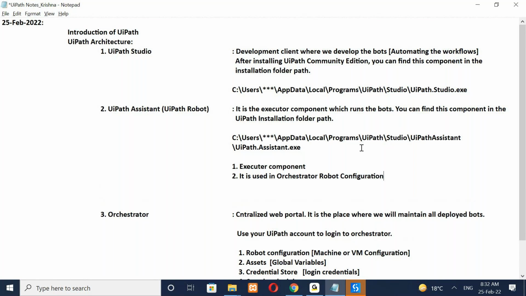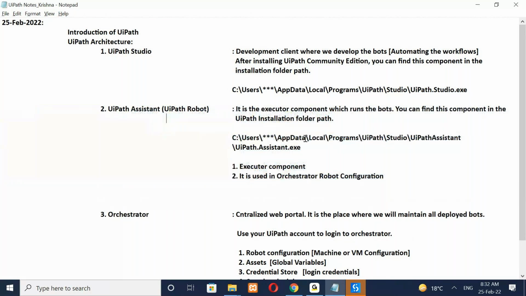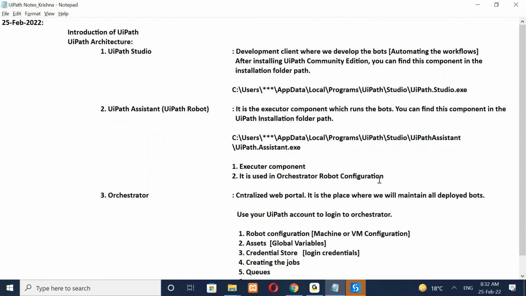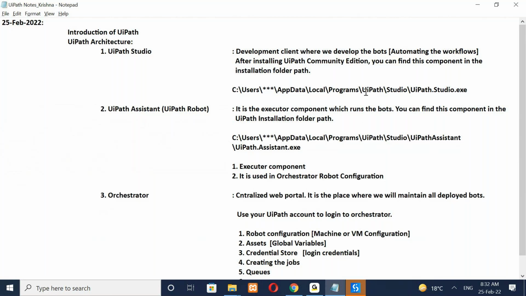So when we do the robo configuration, I will remember this point and I will tell you. Right now we are done with our UiPath Assistant overview. Once UiPath is installed, you will be able to see UiPath Assistant and UiPath Studio. If you have not installed it already and you go to programs, you will not see UiPath itself. So that's where we are going to start with UiPath Community Edition